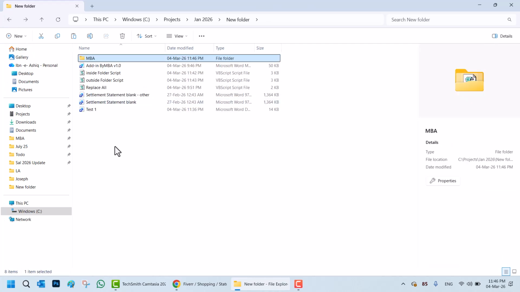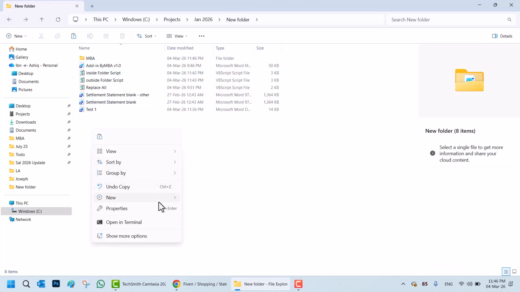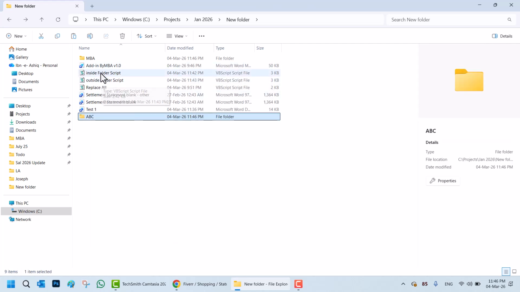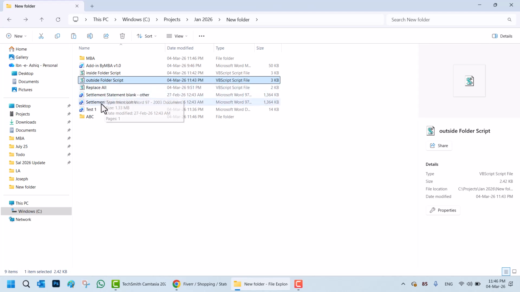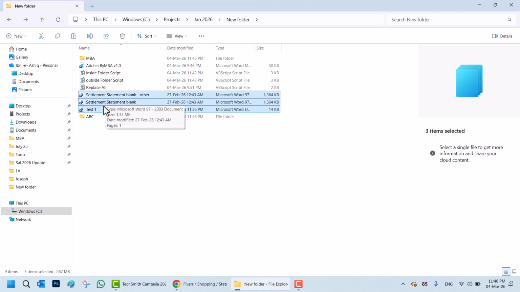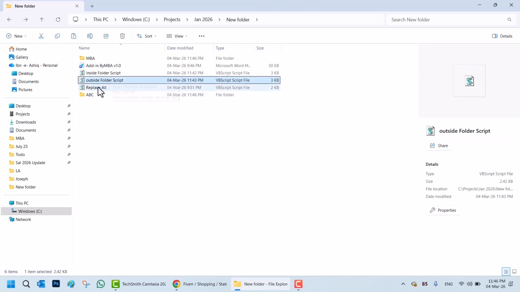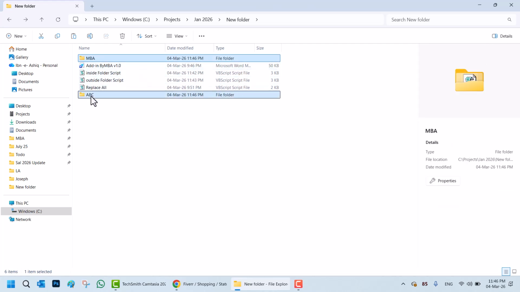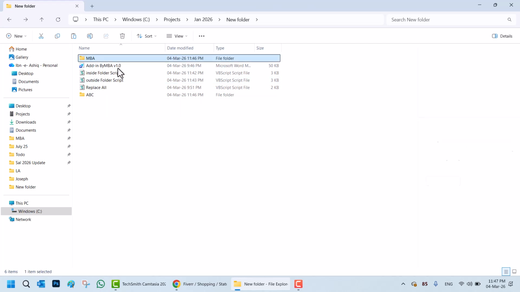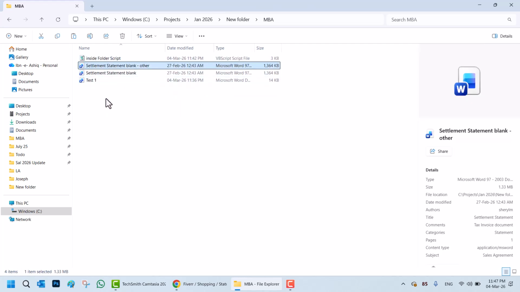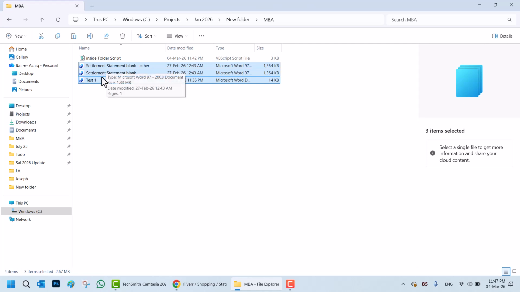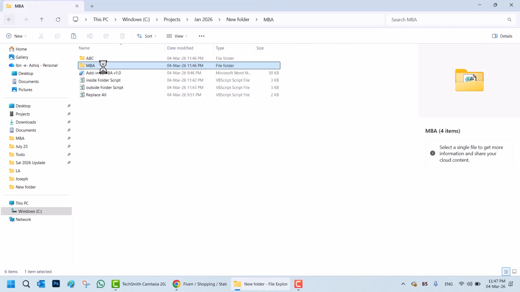And the second possible scenario would be to have different folders, different client names like ABC. I have this another script that you can run, and let's say this is going to be within that folder, and this outside folder script will loop through all those folders one by one, and within that folder it will open the Word document file. Remember, you can have only doc file or docx file, and it will open this folder and do the find and replacement for all the folders outside this script.